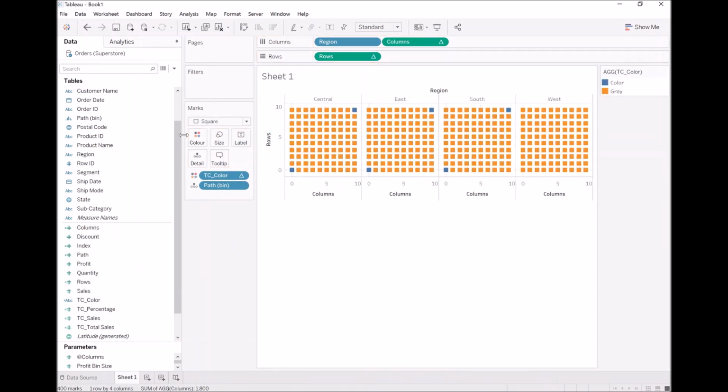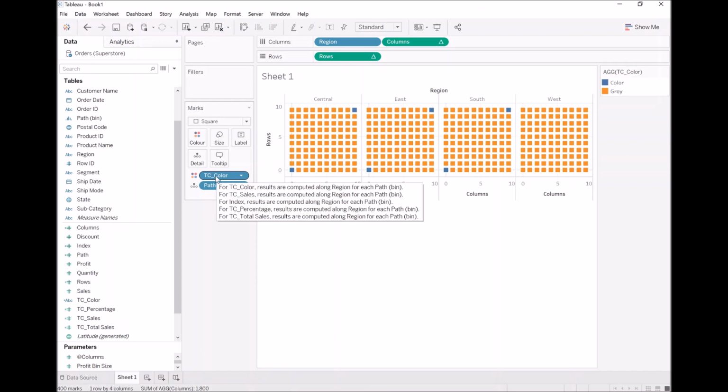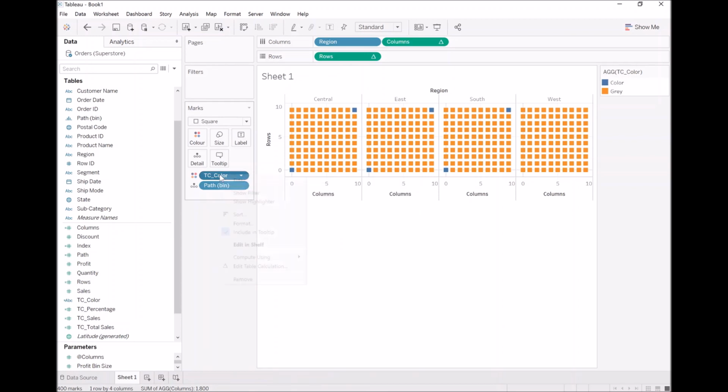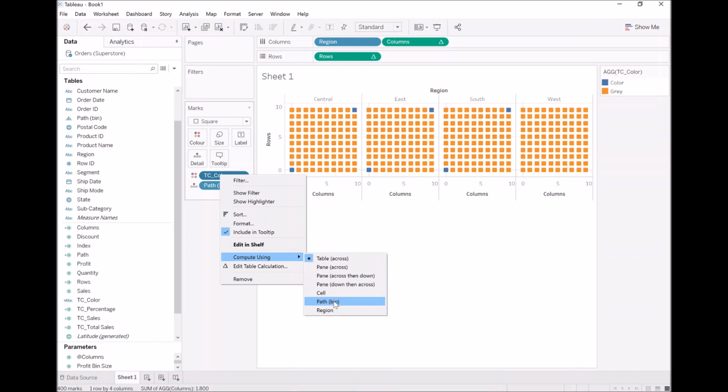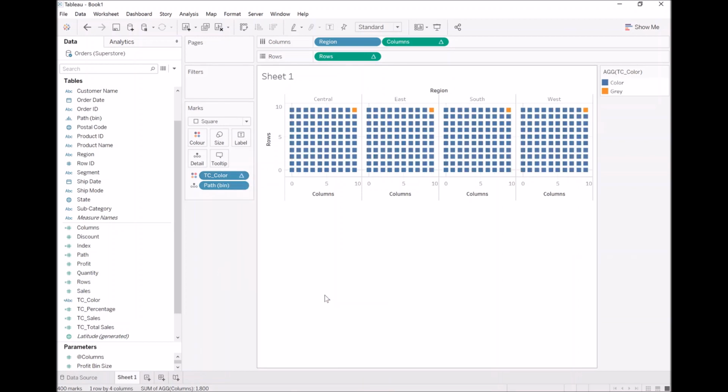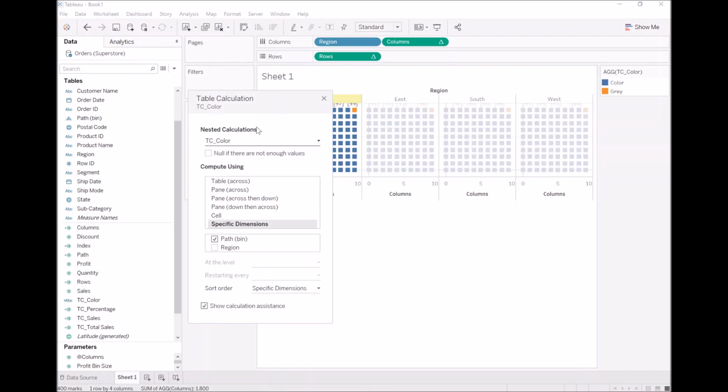As you can see, it doesn't quite work, but that's fine because we haven't edited the table calculation yet, or configured, so to speak. Let's right click on TC color, go to compute using, and select path bin. Almost getting there. Now what we want to do is right click on TC color, edit table calculation,